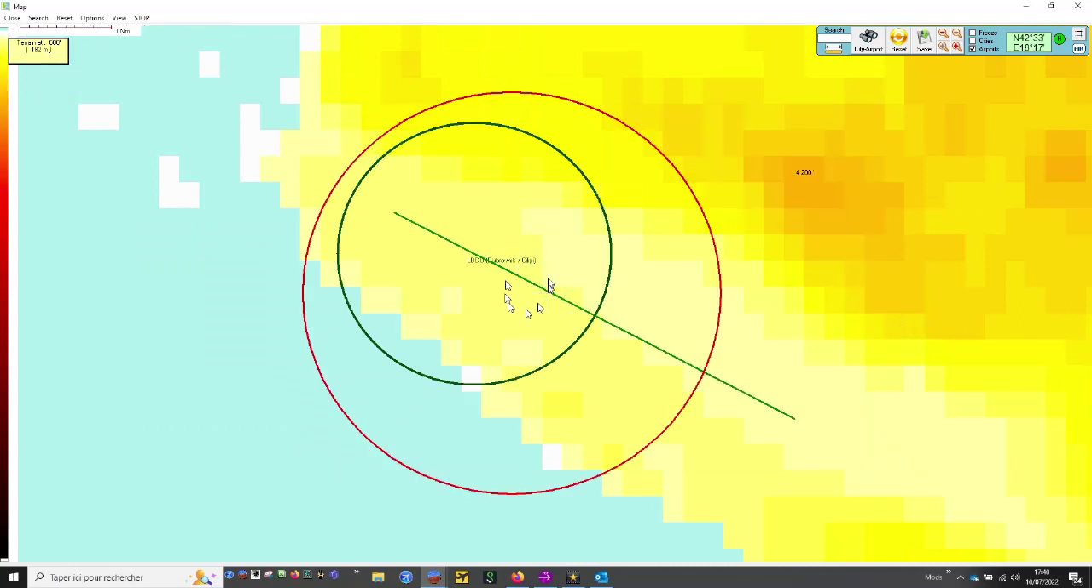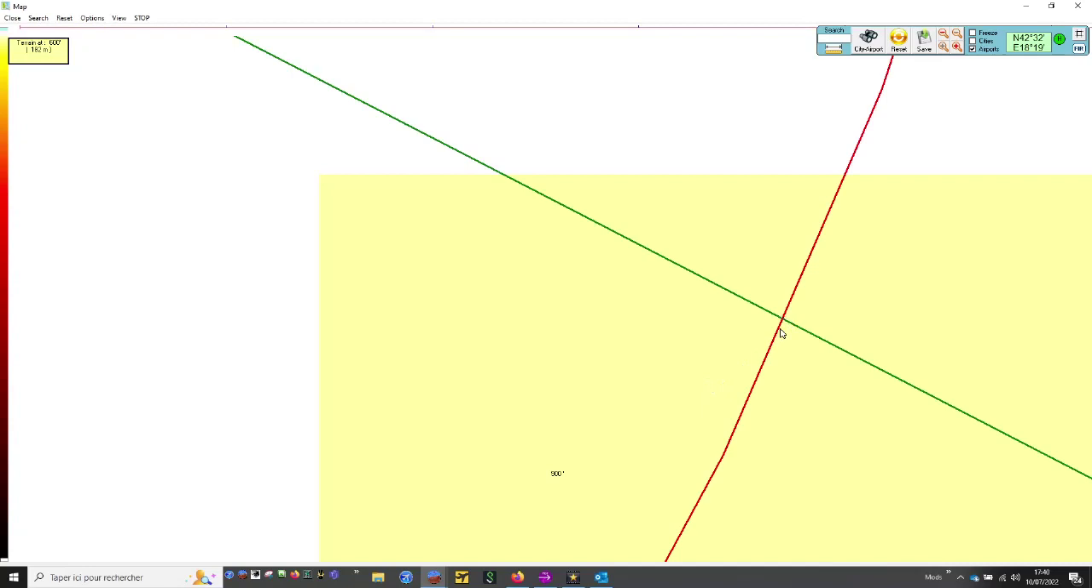So the VOR is somewhere here. Here's the circle and the point where... So we know that our waypoint is somewhere exactly here. So from now, it's very easy to determine it. I have to use here